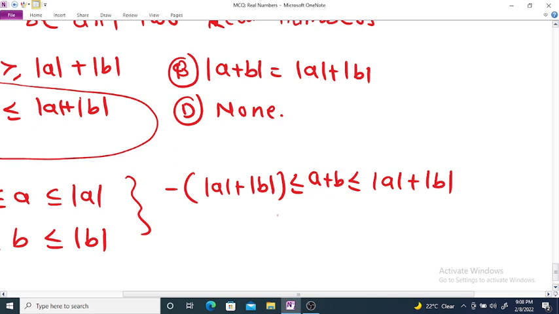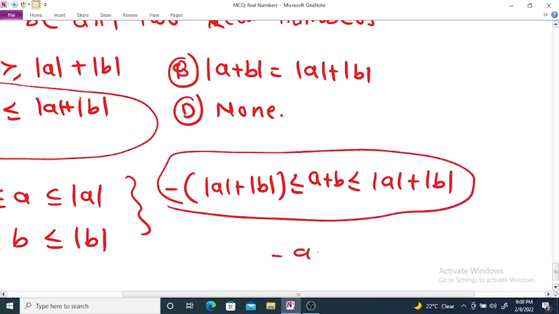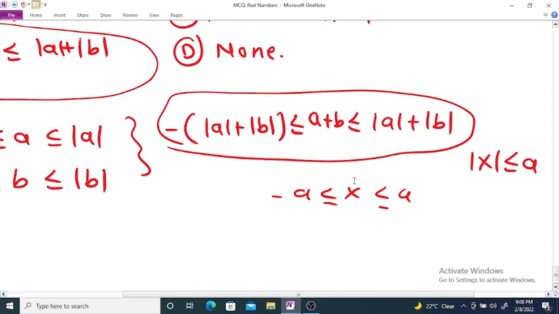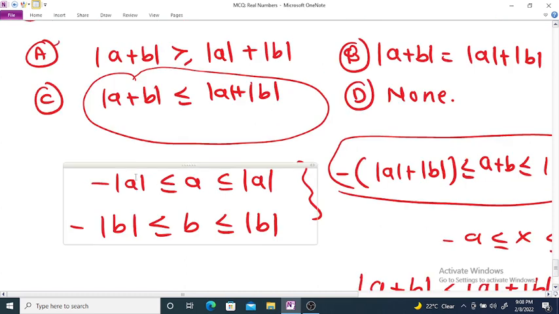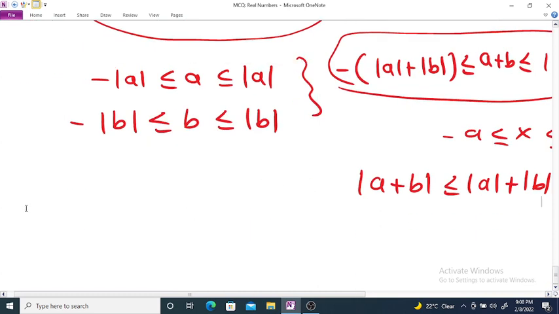From these two inequalities we know that if minus A less than or equal to X less than or equal to A, and if A is greater than 0, then we can write this as mod of X less than or equal to A. So here we can write mod of A plus B less than or equal to mod of A plus mod of B. So the correct option is: mod of A plus B less than or equal to mod of A plus mod of B. The next example,